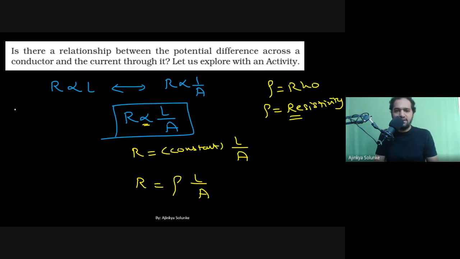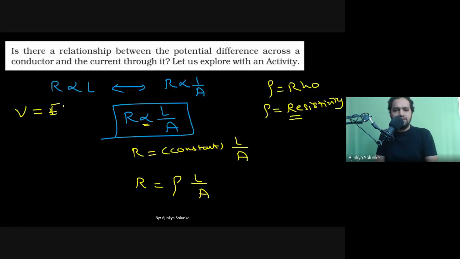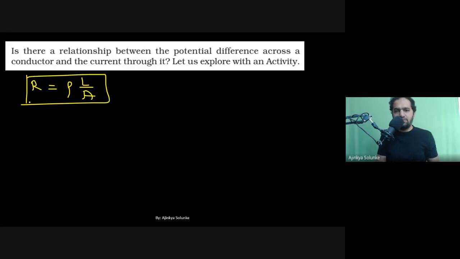As in Ohm's law, we said that V is equal to IR, right? And then we gave the definition for the resistance. In the same way, we are going to define this as well. We are going to talk about the unit of this, and then the meaning of resistivity. First, have you understood how exactly we have come to this formula? Then we will talk about the unit, and then the definition of resistivity.